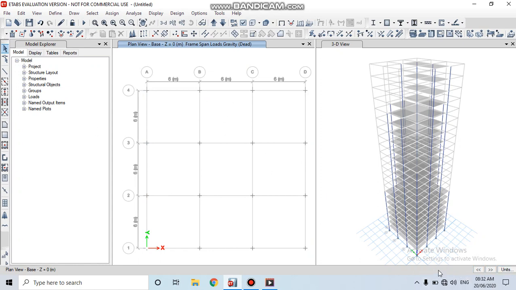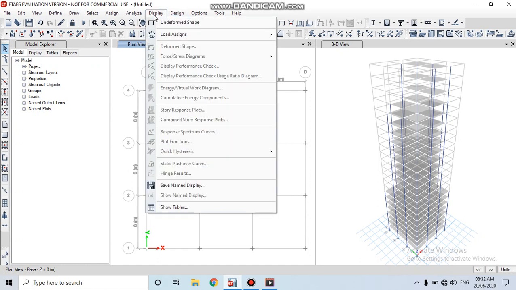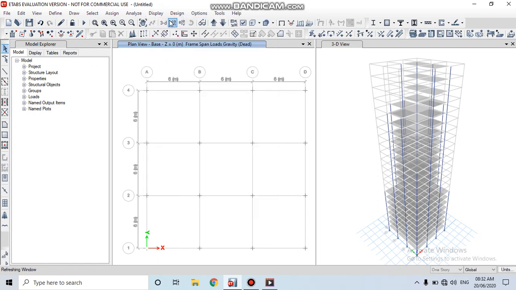Here the display options are not there. Then click on to the display option. Then click on undeformed shape. Then here we can see the one story. Then select the total area.